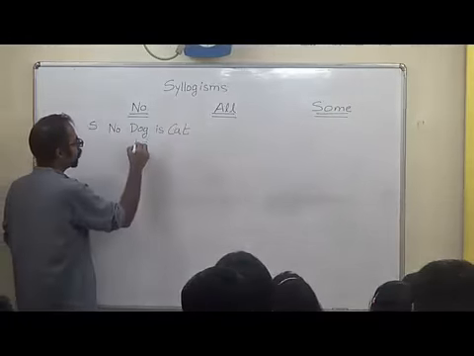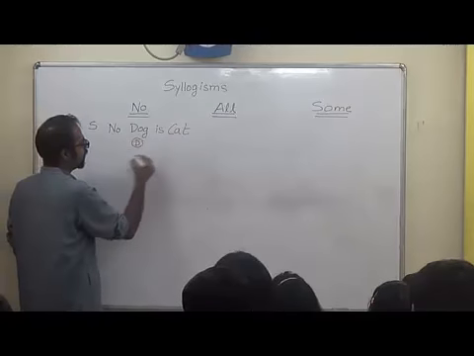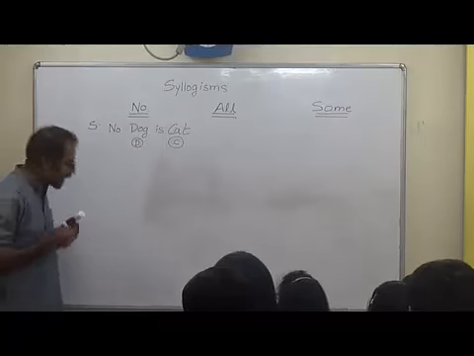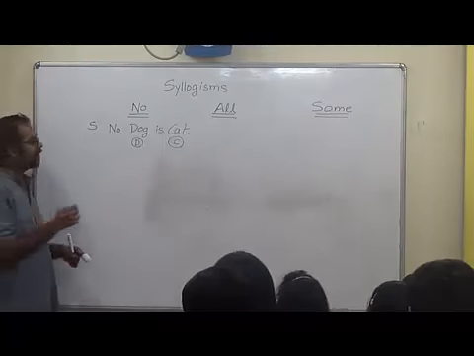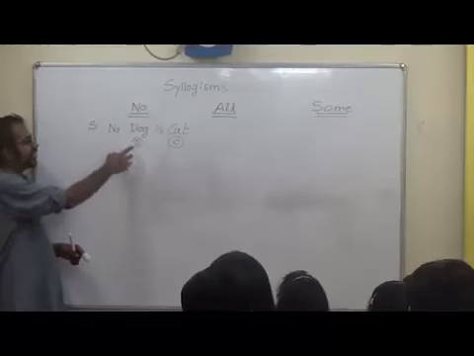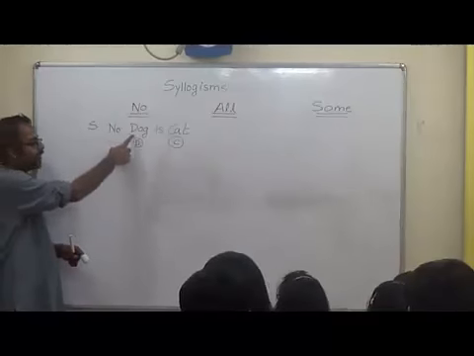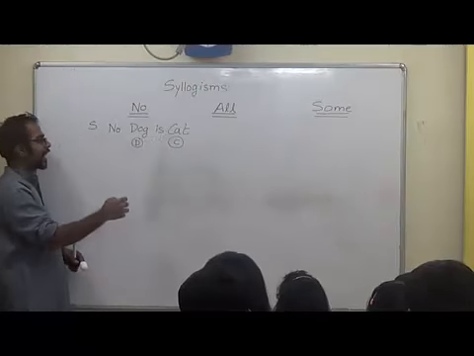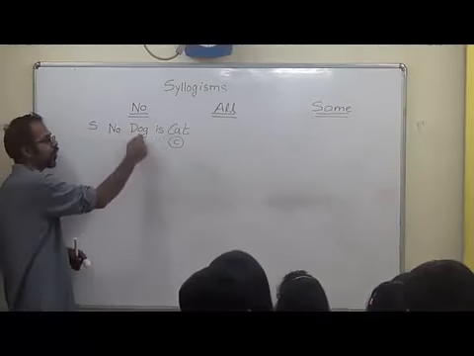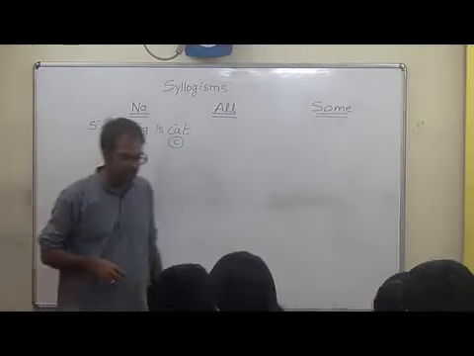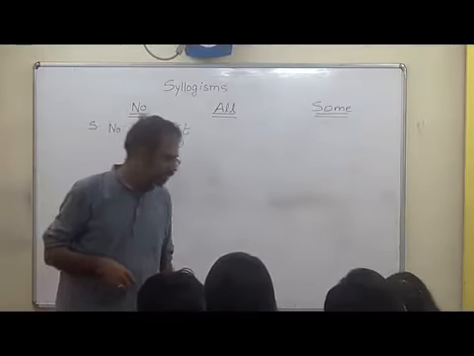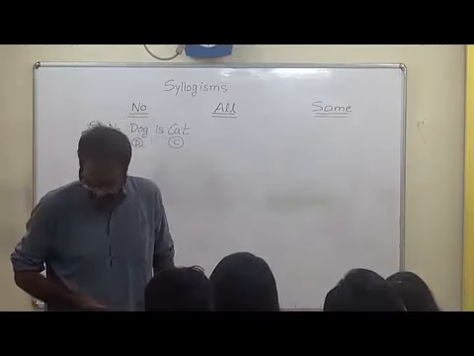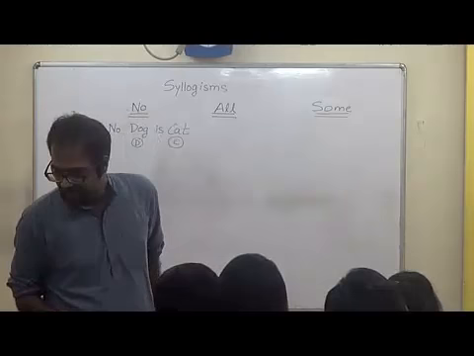I say represent dogs using the set D, represent cats using the set C. Can you show me a Venn diagram which represents these facts? If I say D is the set for dogs, C is the set for cats, then what Venn diagram will show me the sentence no dog is a cat? You don't need to make a universal set. It's a waste of time. Straightforward, easy, right? There's no rocket science in it.